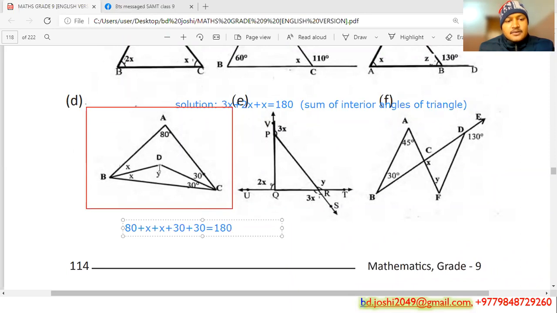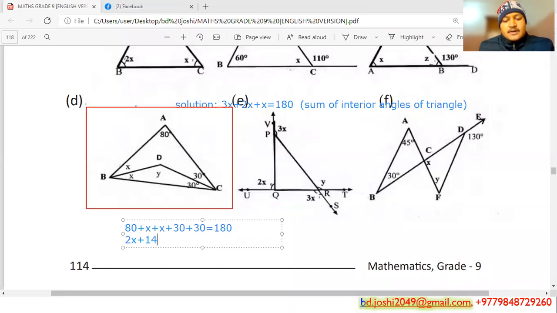Don't look at this y. This y is separate. Y lies inside triangle BDC. First, 80 plus x plus 30 plus 30 is equal to 180. From this you will easily get the value of x, because it is 2x